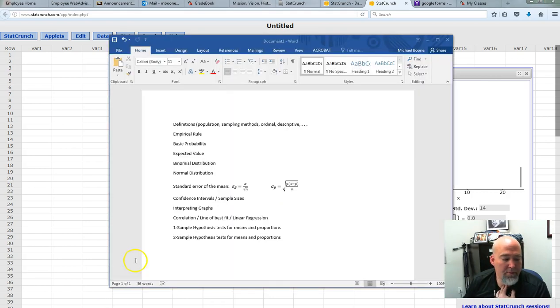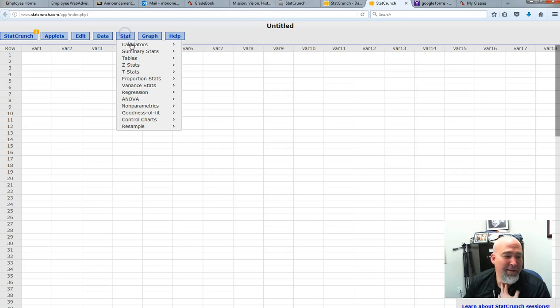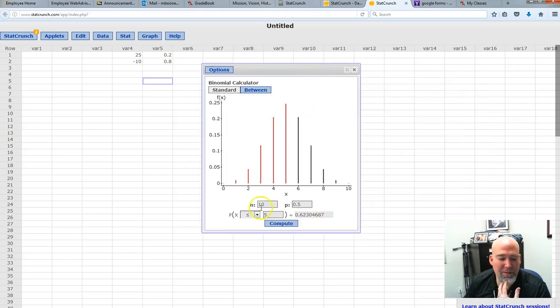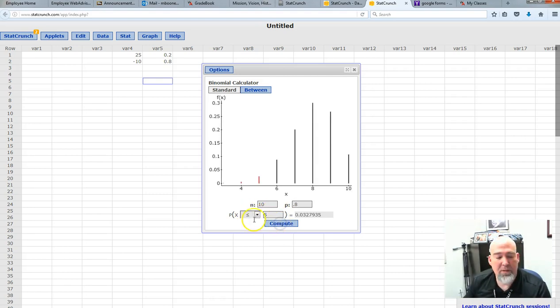What else do we have? Binomial distributions. And again, there are some great formulas in the text, but I am a fan of the binomial calculator. I've showed that in the videos. So like with basketball, let's say that I shoot 10 free throws. I'm an excellent basketball player, and so I'll say I'm an 80% free throw shooter. This will tell me the probability that I make